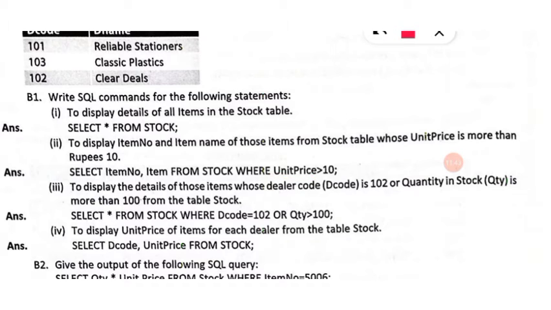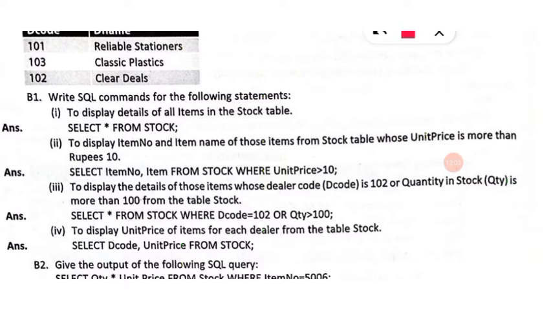Then, to display the details of those items whose dealer code is 102 or quantity in stock is more than 100 from the stock table. Here two conditions are there and in the question it is given as OR.